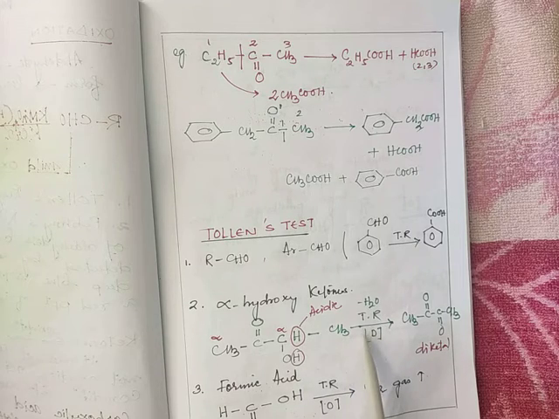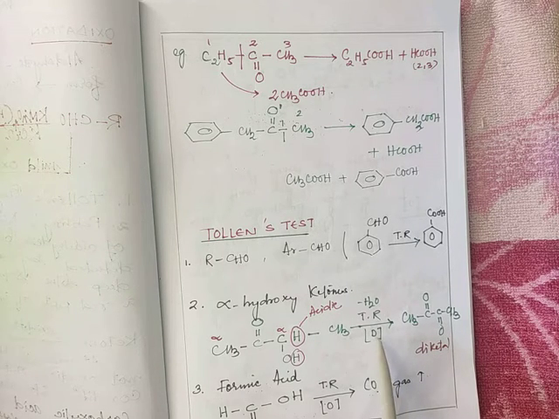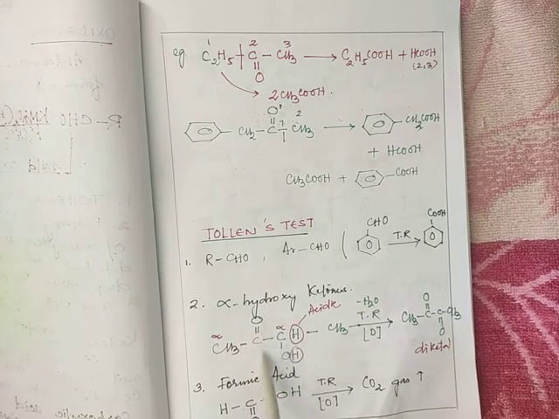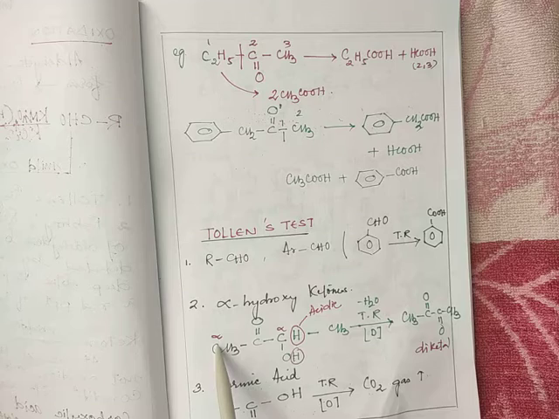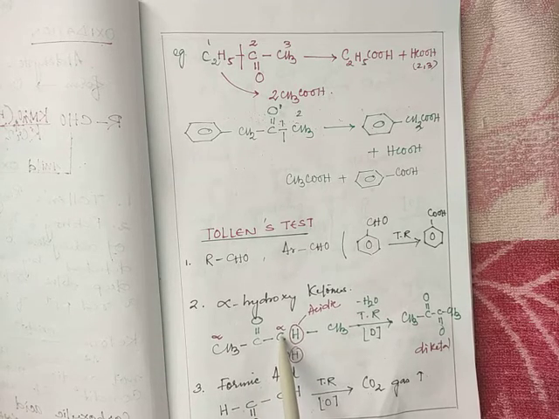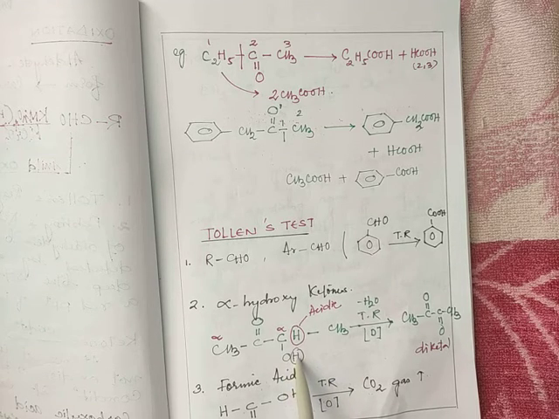So now in this one we use Tollens reagent, and then we will get a diketone. So using Tollens reagent in oxidation, it forms this diketone from the alpha hydroxy ketone. This is a functional group of a carbonyl compound, that means ketone. The carbon nearest to the carbonyl is the alpha carbon, and this carbon is also nearest to the carbonyl, so that is also alpha. So this hydrogen is acidic, and the other hydrogen is also acidic.